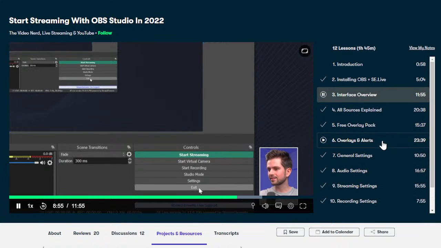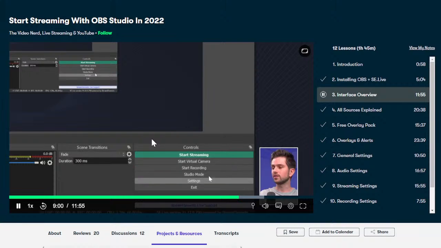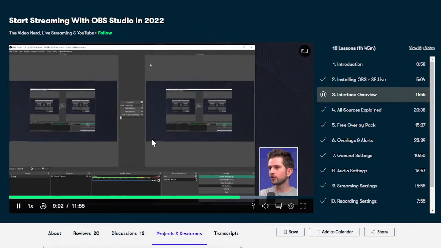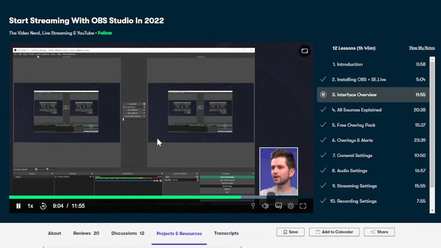Let's close it, and then exit. This will exit your program. So then studio mode, this is the last thing, and this is pretty useful. When you click on it, then your preview will completely change, and I now realize I'm in the wrong scene